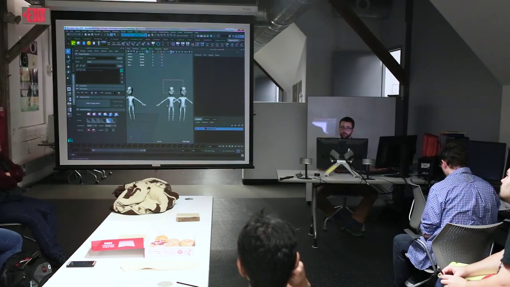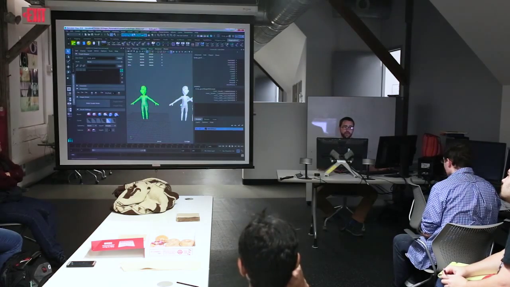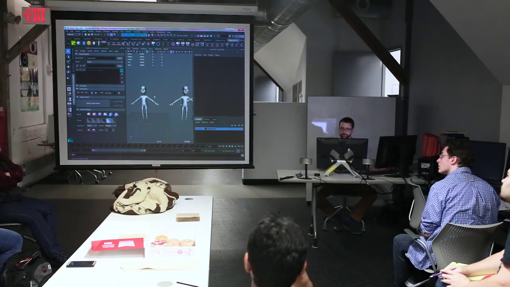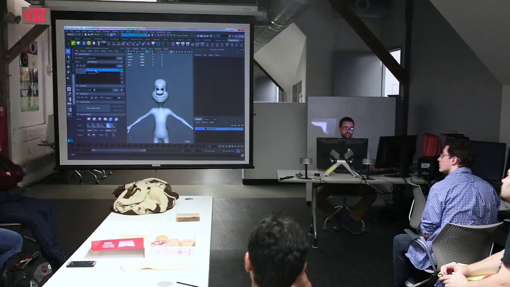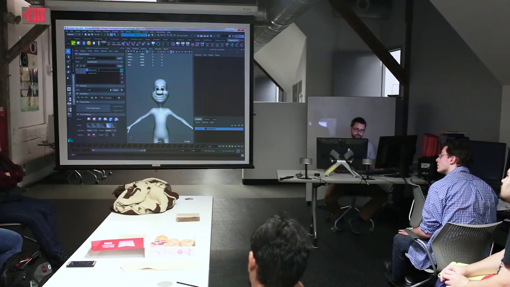So just to apply these blend shapes, I'm going to select those, select the main one, come up here to my rigging menu set, deform, blend shape. And then I'll go ahead and hide those. I don't really need to see them anymore. Select her. I can see that I've got those two. I'll go ahead and rename them. So that's